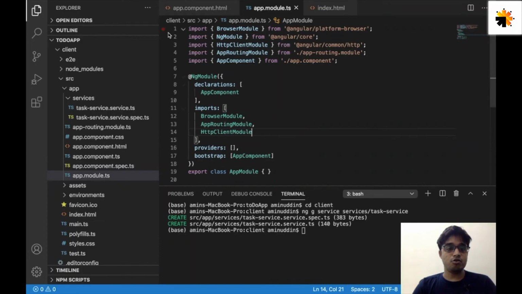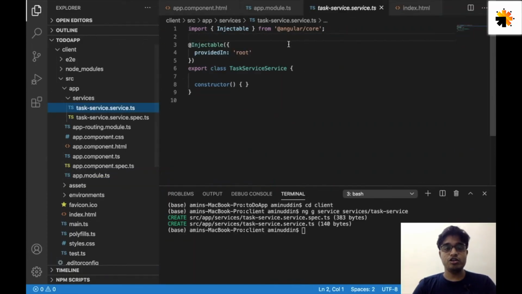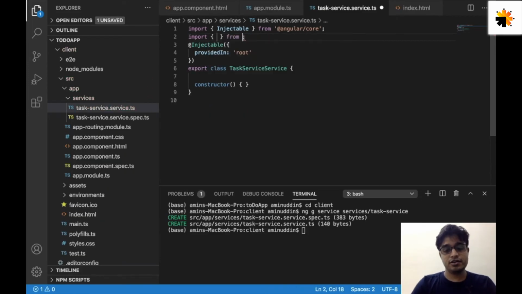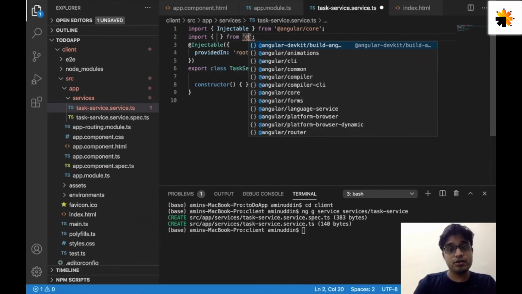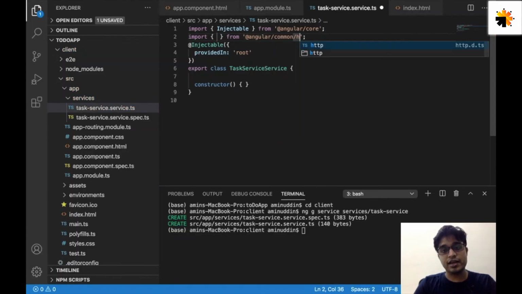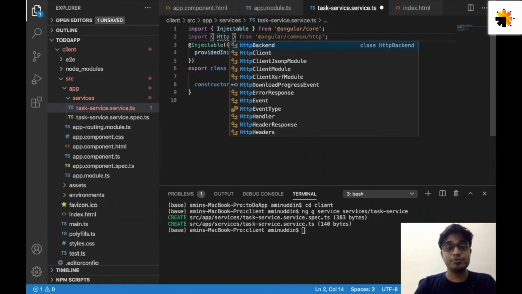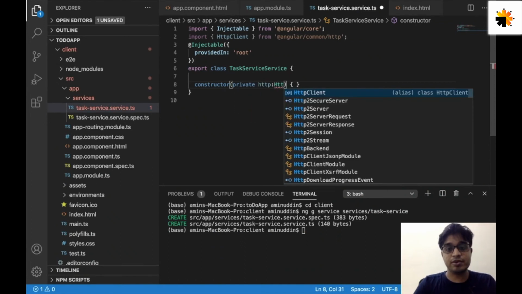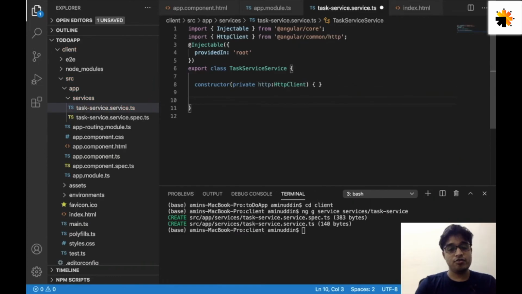Now again opening this services file, and you can use this module inside this import statement, again from Angular common, and this will be HTTP. In this case, I'm not going to import the module. Actually, I'm going to import HTTP client. Okay, and you will have to use a private variable and initialize this HTTP client here, and you have to